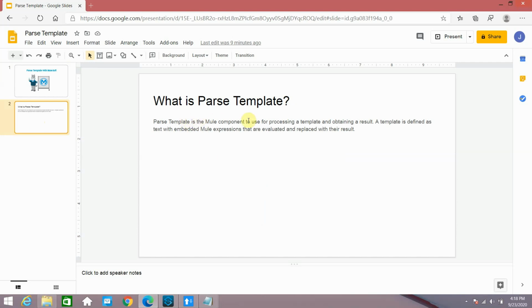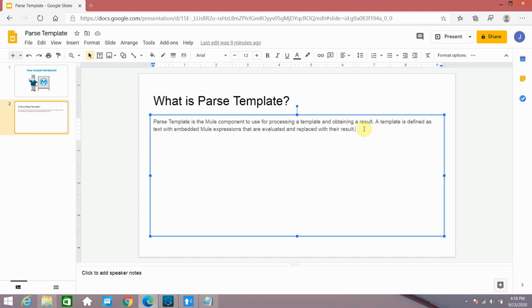Parse template is a Mule component used for processing a template and obtaining a result. A template is defined as text with embedded Mule expressions that are evaluated and replaced with their result. Let's consider you have placed an order on an e-commerce website, and they keep sending updates: Dear XYZ, your order has been shipped on this particular date.